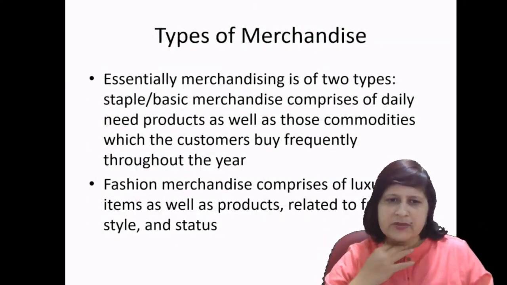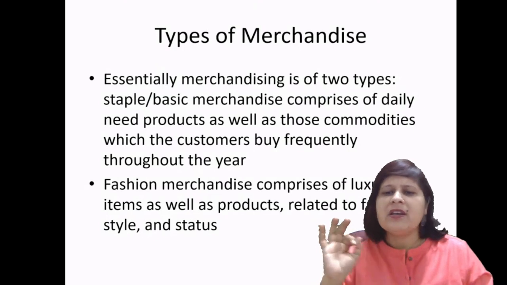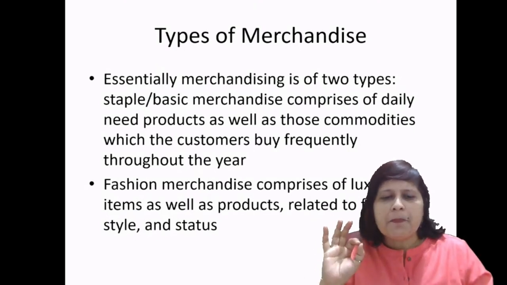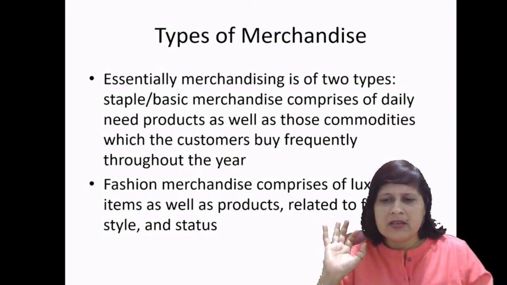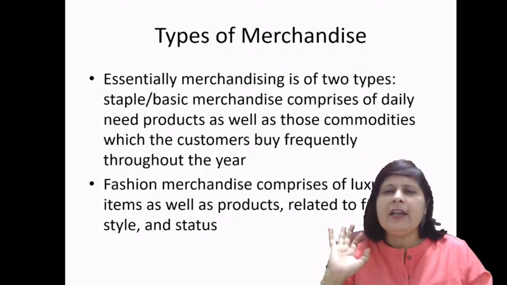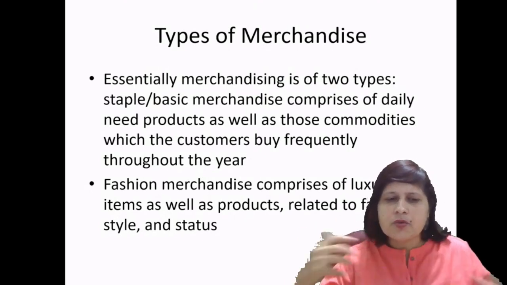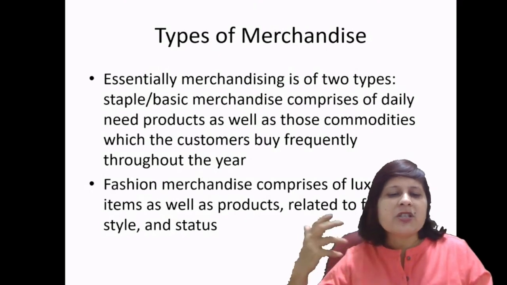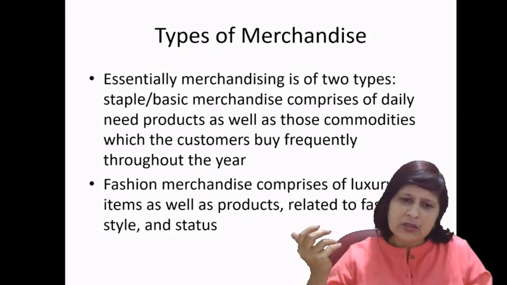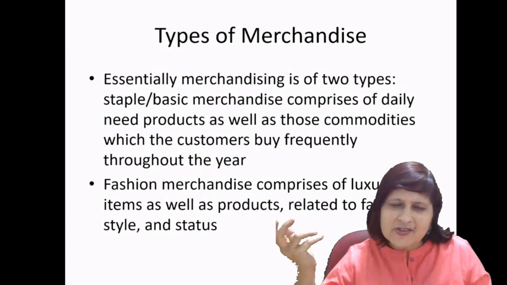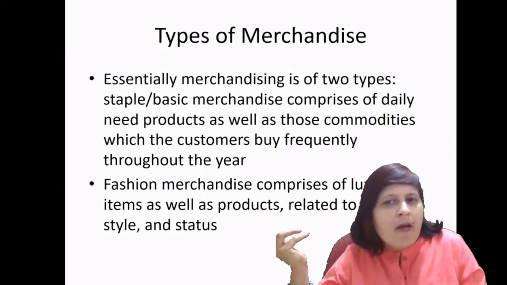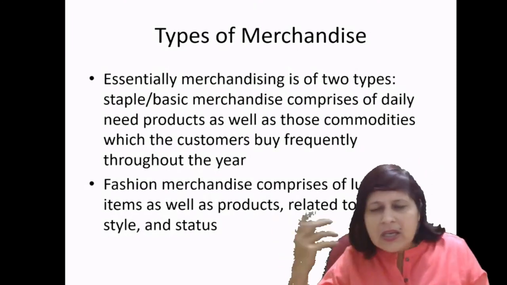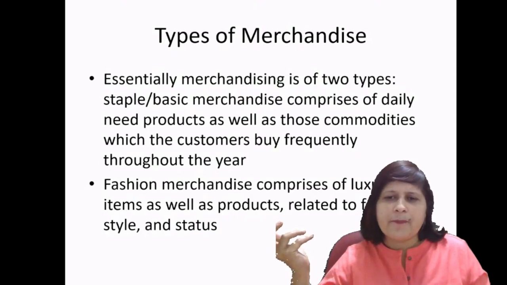Types of merchandise. Essentially, merchandising is of two types. Staple or basic merchandise comprises daily needs products as well as those commodities which customers buy frequently throughout the year, like groceries. These are the staple or basic merchandise. We need them on a daily basis. Clothes,